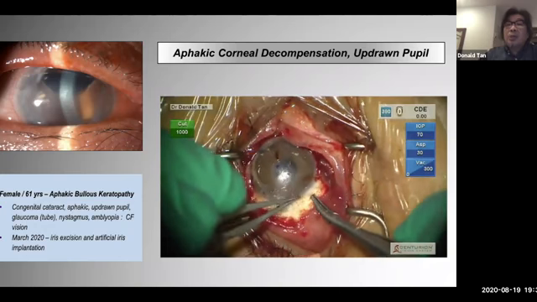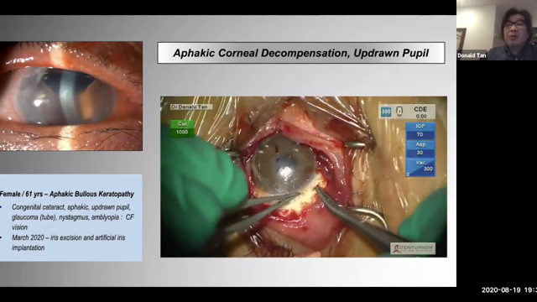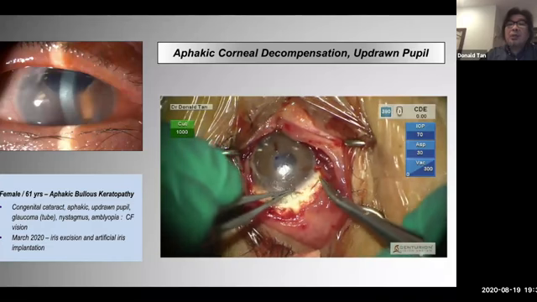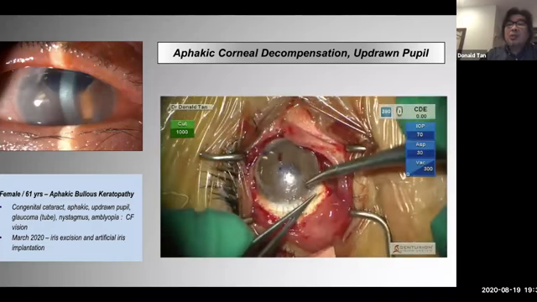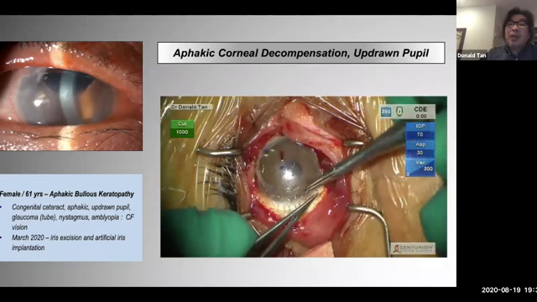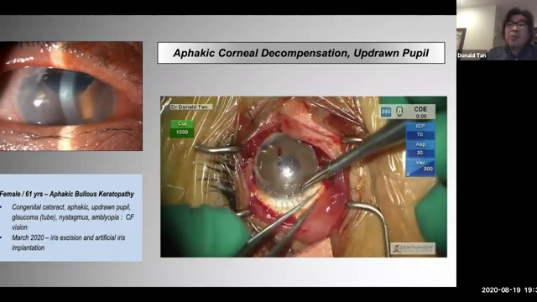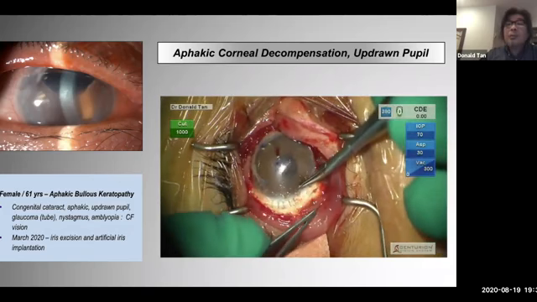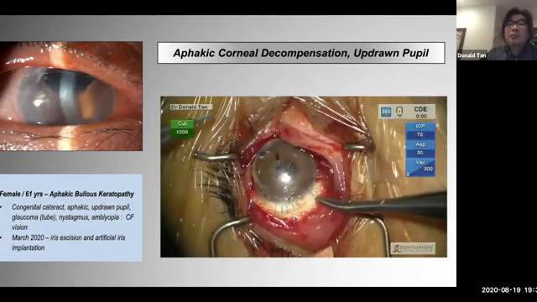All right, and you can see here that slit. It's important because we bury the knots, and then I will suture this. You see that's a partial thickness incision. So to prevent any leaks, I will use maybe 2 or 3 sutures just to close that up. And then close the conjunctiva.